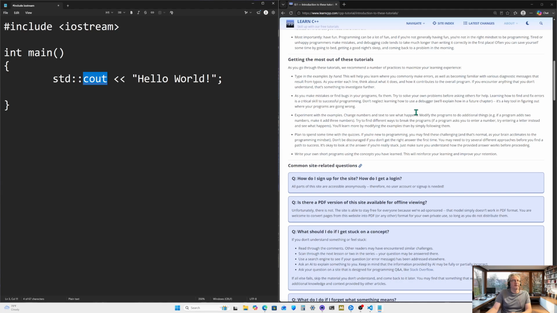Anyways, moving on. This way you can get used to the errors, your typos, whatever. As you enter each line, think about what it does, which I do. I think about what the compiler is going to do, not so much about what it does. So the compiler reads this first and includes whatever files are in that library right there. This is the main function it's going to go to, so this is where the executable line is. This is the execution. So yeah, as you type each line, think about what it does, how it contributes to the overall program.